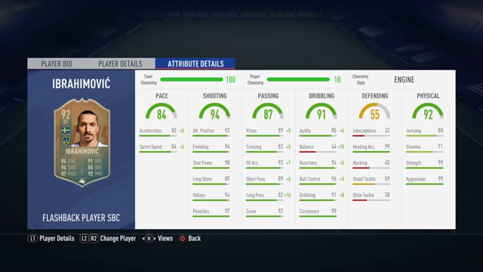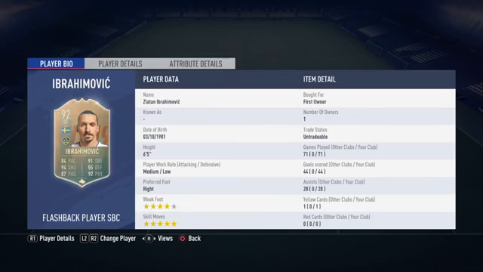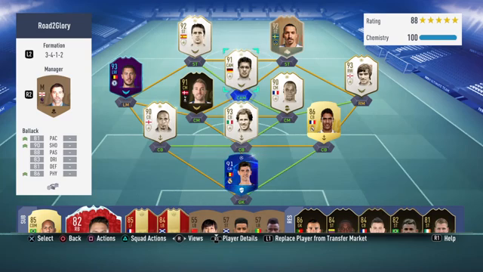The one bad thing about this card is of course the stamina. The stamina is, for me, my biggest problem, because I can't play him the full 90 minutes. You will need to sub him off around the 70th minute if you're starting off with him, or if you're not starting off, you'll probably bring him on around the 60th to 70th minute, and maybe he can nick you a goal. So yeah, and then moving on to